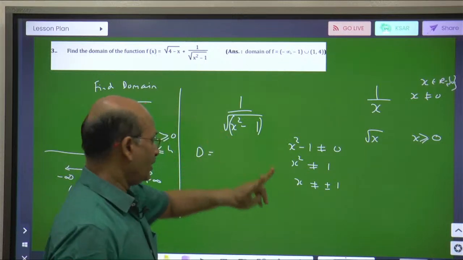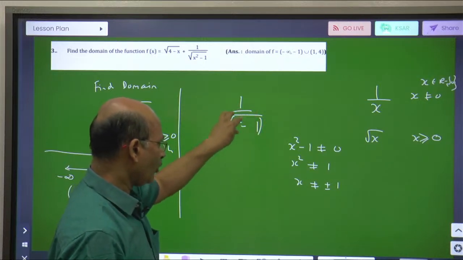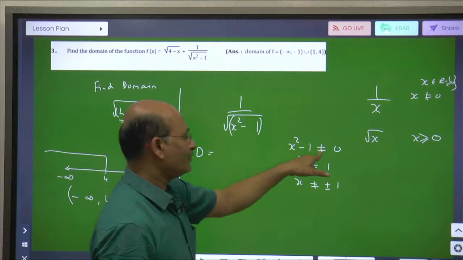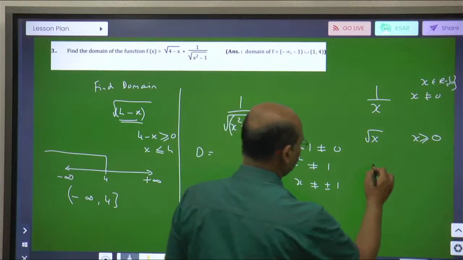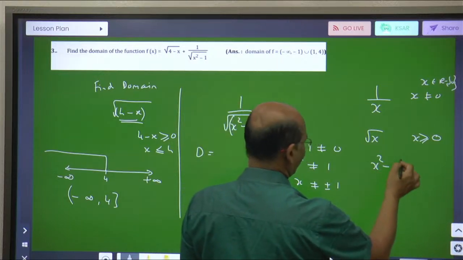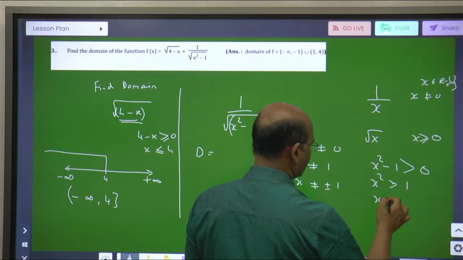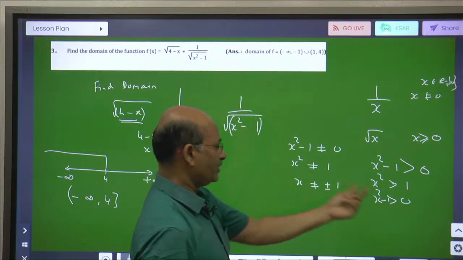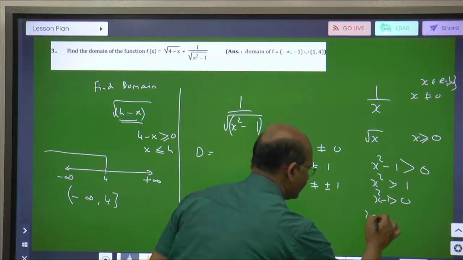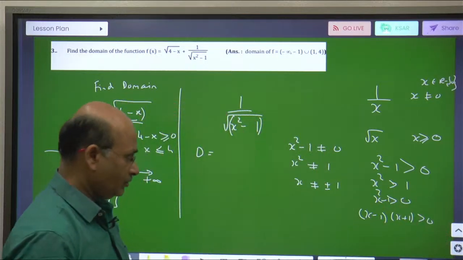See, there are two conditions here. First is 1 upon this. So root of x square, this cannot be 0. Root of something cannot be 0. So the denominator cannot be 0. So that's why root not equal to 0. Second thing, I can say x square minus 1 is greater than 0. So from here it is x square greater than 1. x square minus 1 will be greater than 0. And I can say this is (x minus 1)(x plus 1) greater than 0. Right? And by number line,